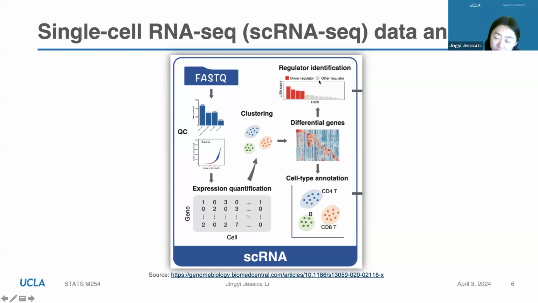And of course, for the top route, this is from this Genome Biology paper, we may also try to do some gene regulation analysis. That is, given the genes, we can use some public databases and algorithms to help us guess which transcription factors might be the regulators of this cell cluster. Like the transcription factors may be the regulators that activate the genes in this cluster. So that's called gene regulation analysis. That's something we will not focus on, but I think this cartoon gives us a very good summary